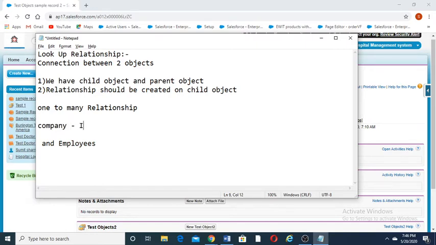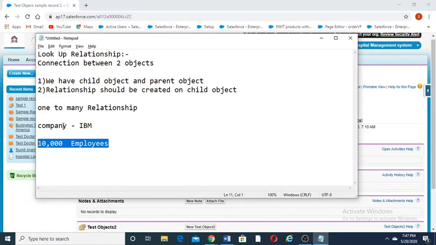In this IBM company, let's say 10,000 employees are working. So this is a one to many relationship: one company and many employees. In one company there are 10,000 employees working, so this is called one to many relationship.